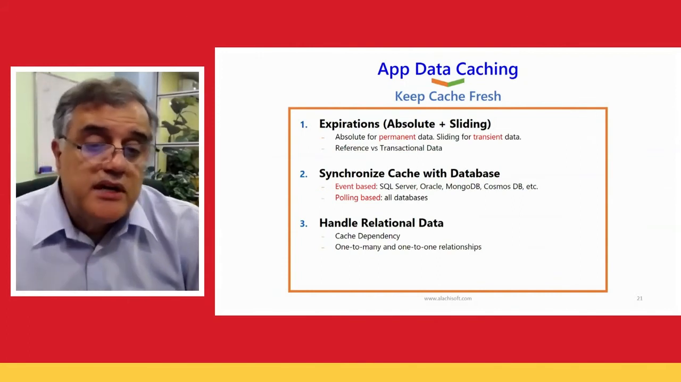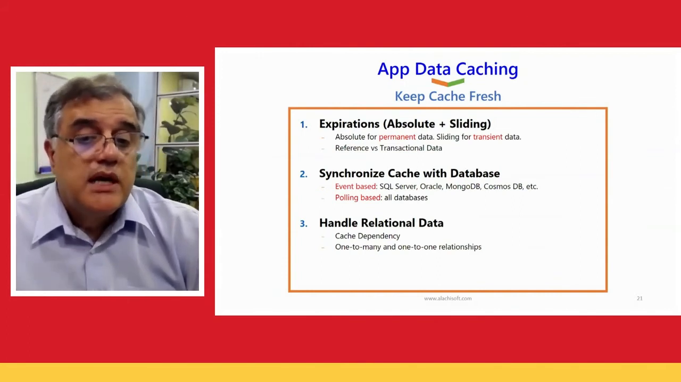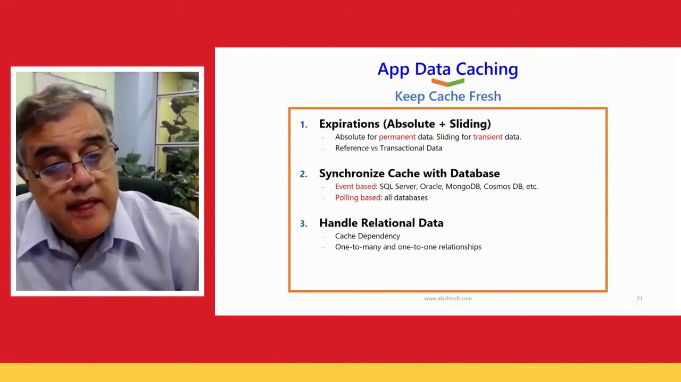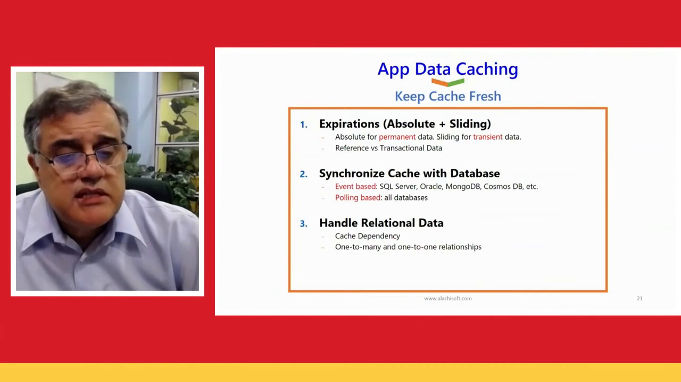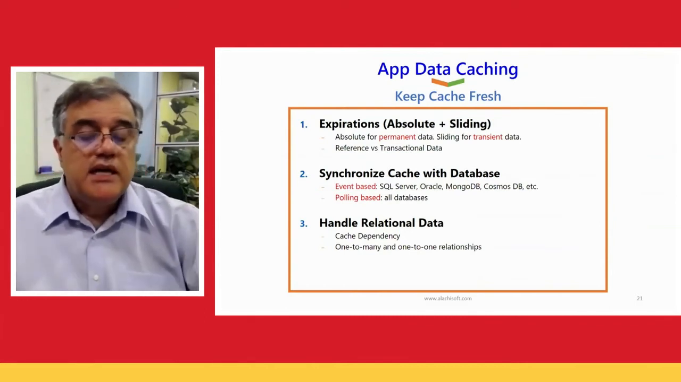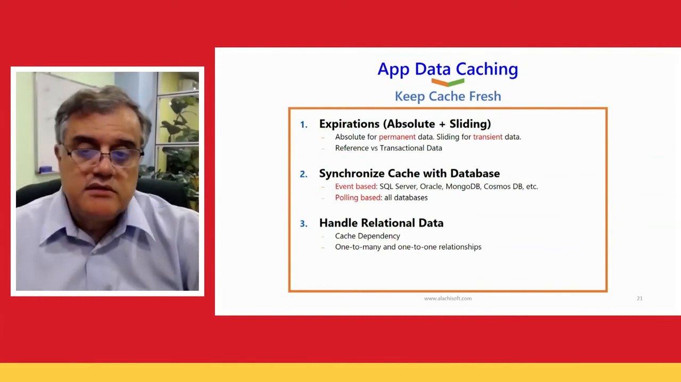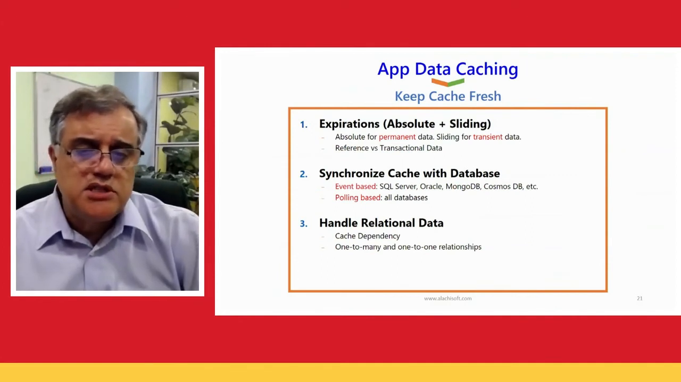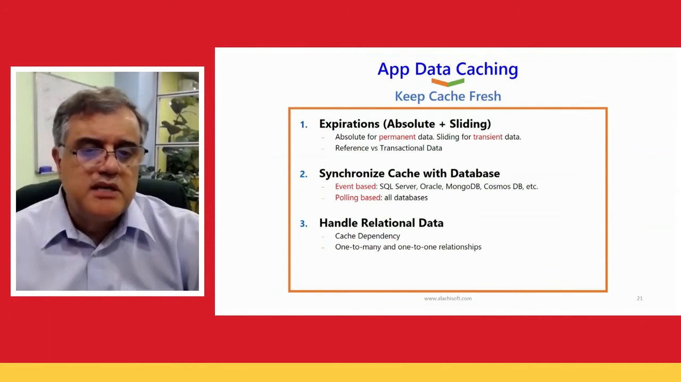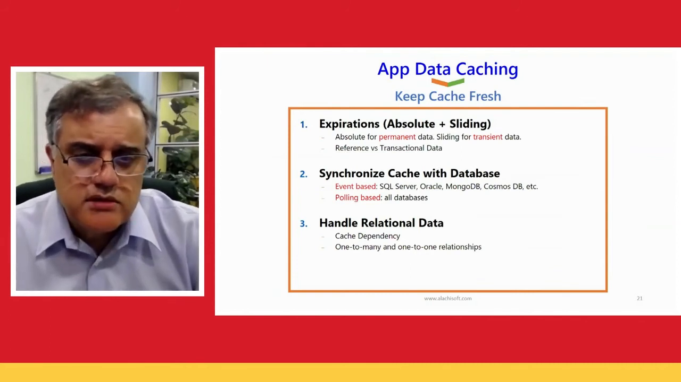But if you can synchronize the cache with the database, there are two ways that you can synchronize. One is event-based. Most databases these days have data change events. SQL Server has it, Oracle has it, MongoDB, Cosmos DB, they all have it. Cosmos DB calls it, I think, change feed. MongoDB calls it change stream, and SQL Server calls it SQL dependency, and Oracle, I think, calls it database notifications